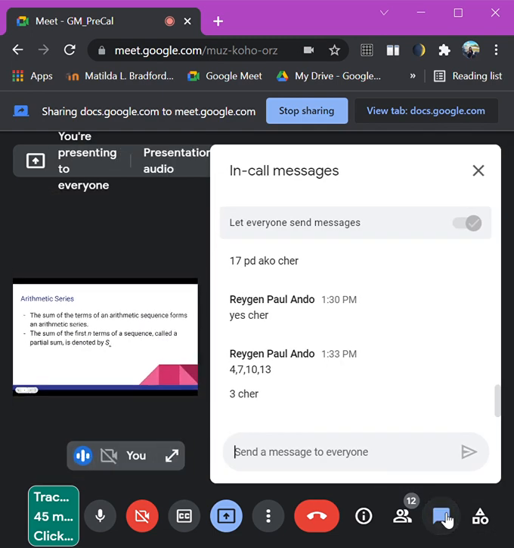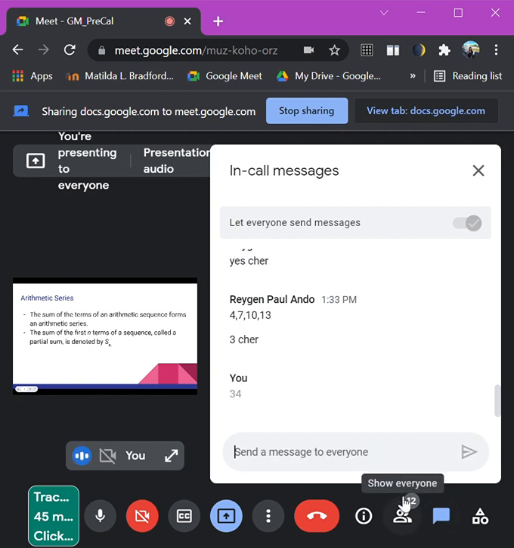To get our arithmetic series: 4 plus 7 plus 10 plus 13 is 34. So 34 is your arithmetic series. It is easy to identify if the whole sequence is given. But if the sequence is cut short, like these four only, and we are asked to find the sum of the first 10 terms,